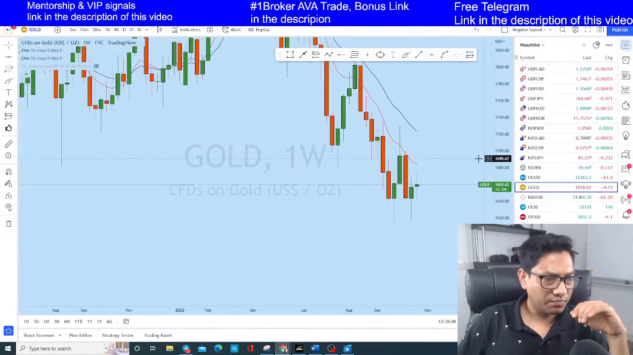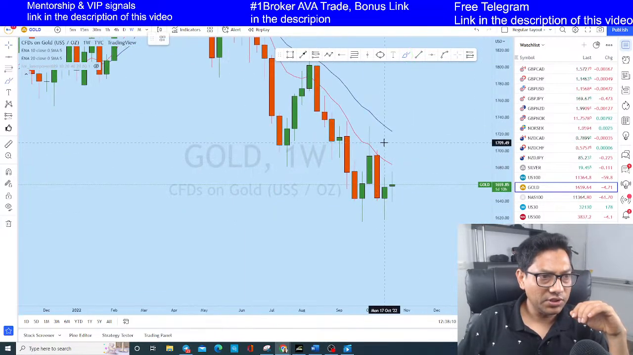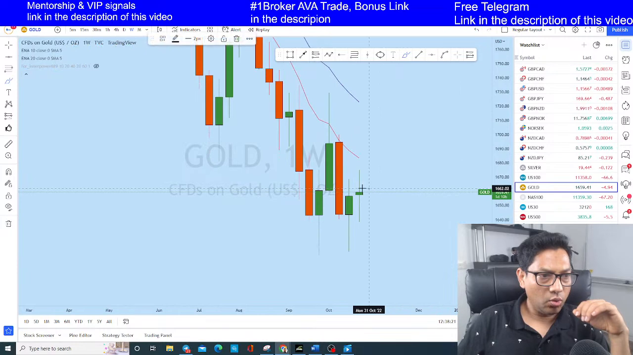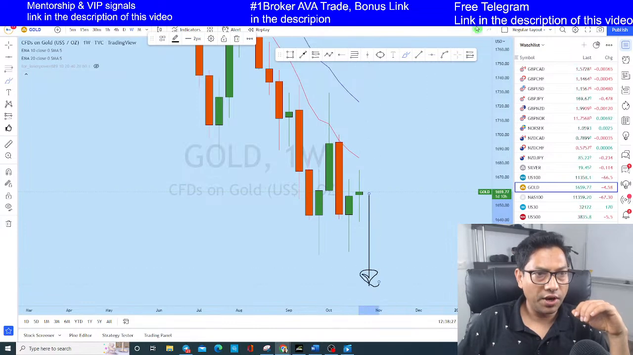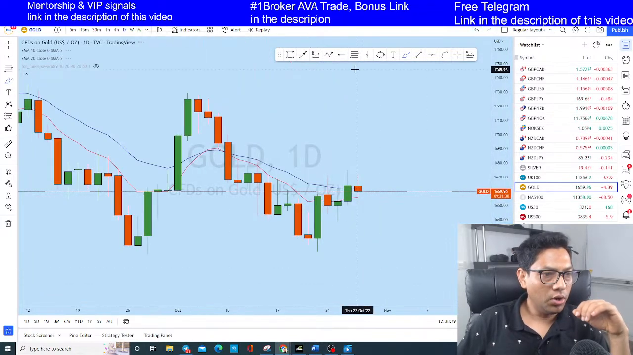Look at the red candle here. You see this is the red candle, which is a strong rejection to the downside, followed by, look at the effort from the buyers. Now if this current weekly candle even closes as a doji, there is a huge probability for the gold to break to the downside. Now looking at the daily,